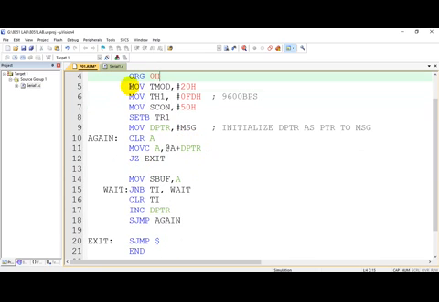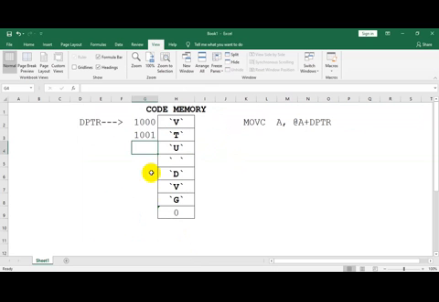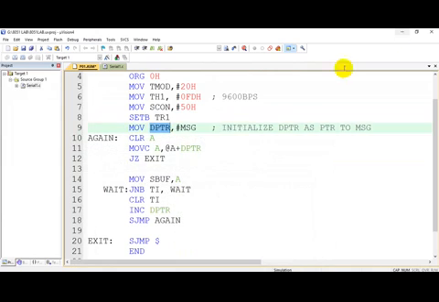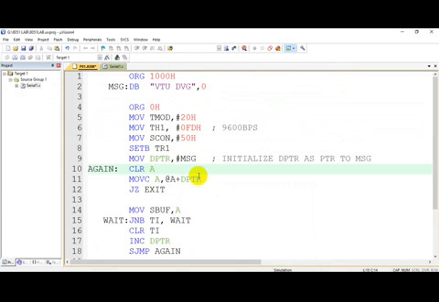Then I have configured the timer, then I have copied the value for the baud rate, SCON I have configured, I have started the timer, then I have initialized a pointer to the first location, then clear the accumulator, and read character by character.